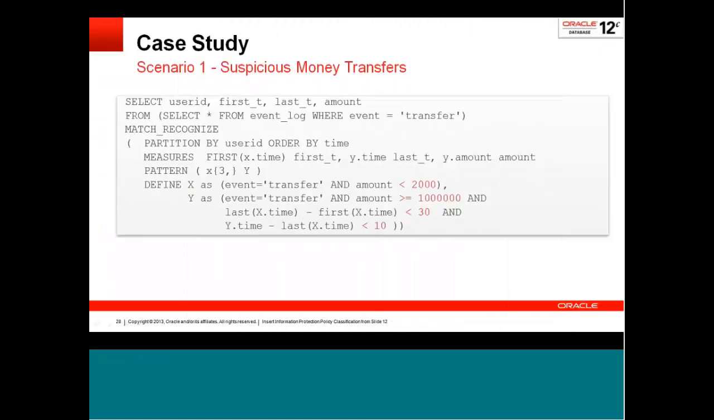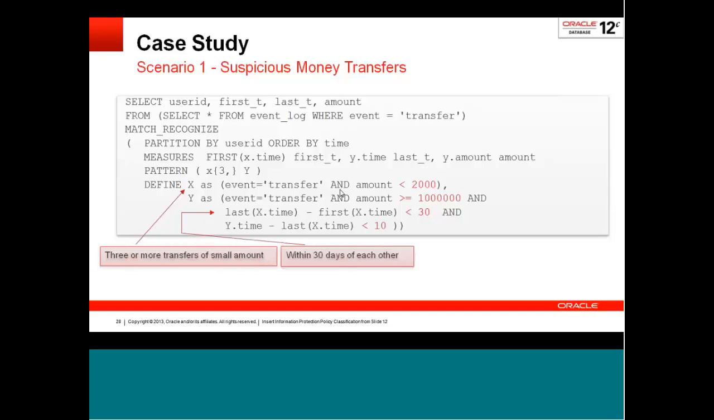the select statement for the suspicious money transfer. Here, this select statement shows that we have 3 or more small transfers of money with less than $2,000, and the time within which the small transfers have to happen is within 30 days, followed by 1 large transaction of more than or equal to 1 million, and the large transfer must happen within 10 days of the last small transfer. So we have queried